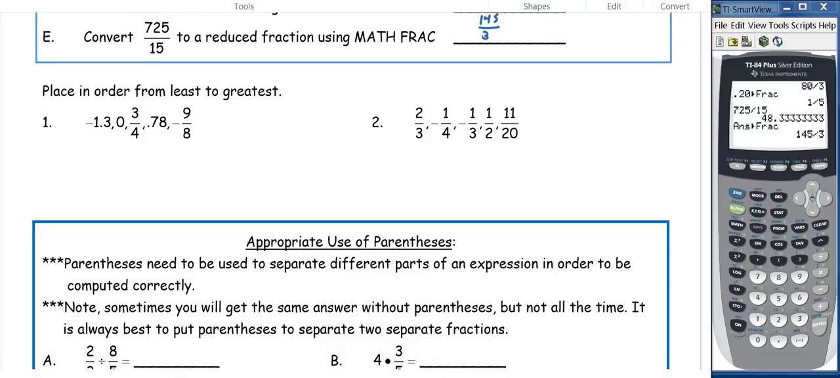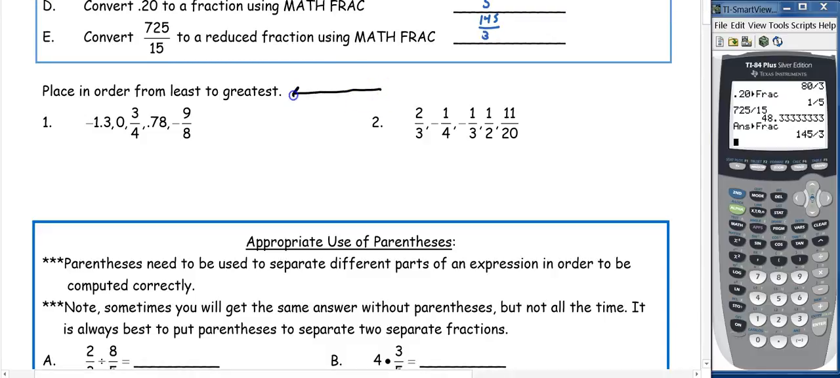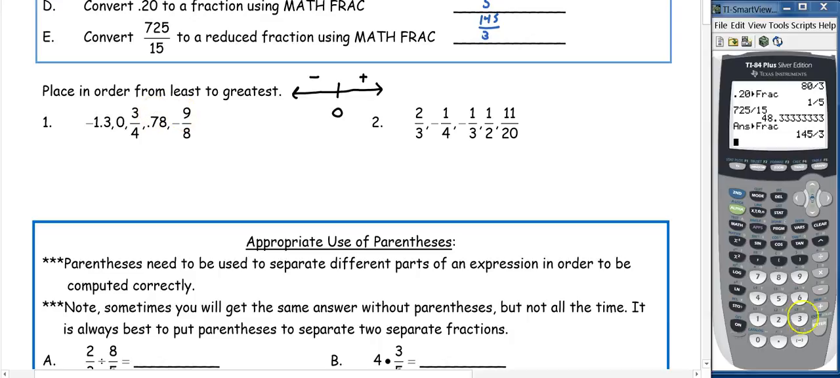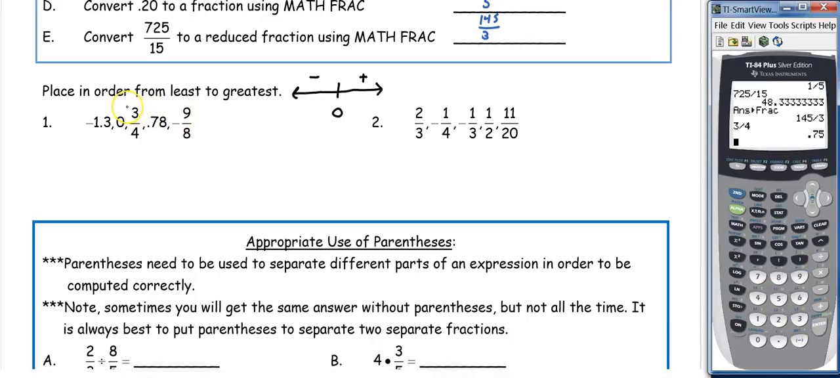So now let's look at placing fractions and decimals in order from least to greatest. Think about it as a number line. In your number line, you would have 0 in the middle. To the left, we'd have our negative numbers, and to the right, we'd have our positive numbers. So in order to compare from least to greatest, it's helpful to convert them all to decimals if they're not already. So we need to convert 3/4, so 3 divided by 4 is 0.75,